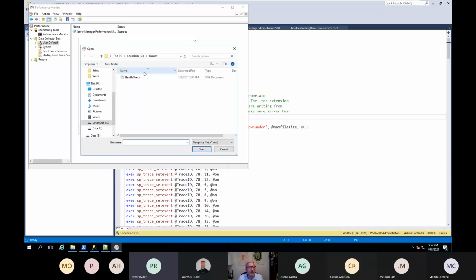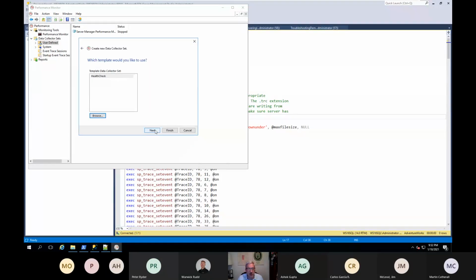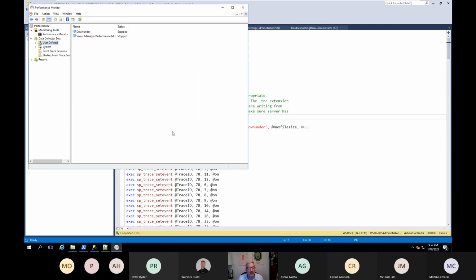We're going to browse to our demos folder with that health check template that I just showed you. And I want to put this in work Downunder. Run the data collector set as default and save and close, finish.